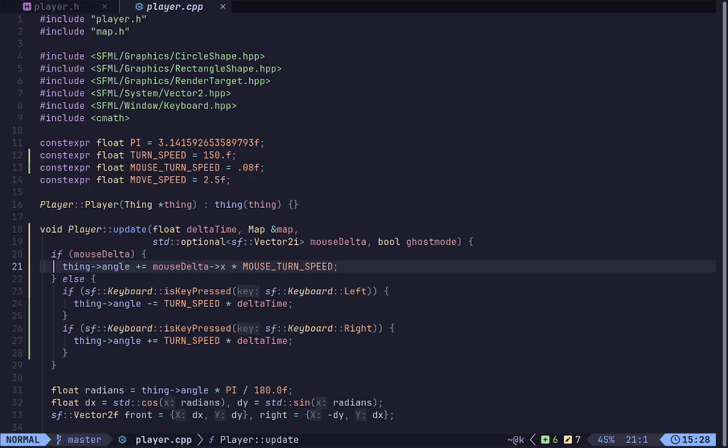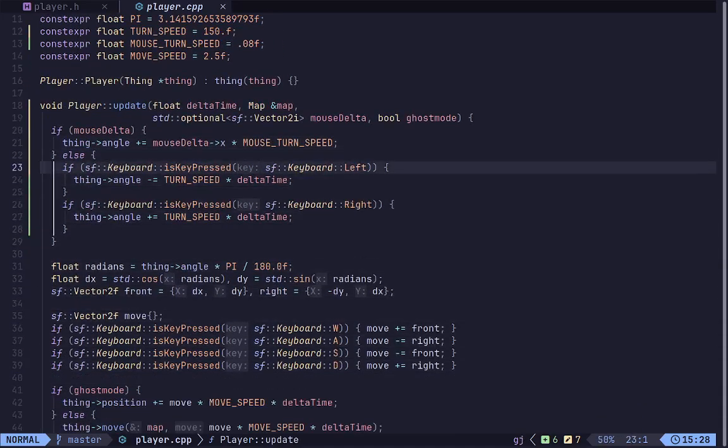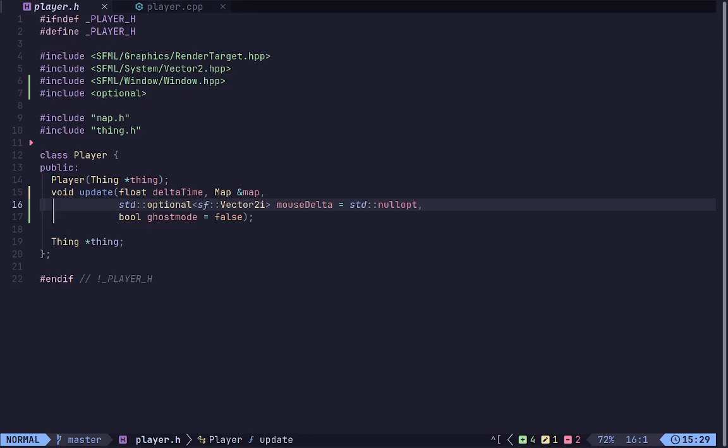So anyways, if this has a value, then we just go ahead and get the mouse delta x, and we only use the x of course because we only have the rotation on one axis, we can't look up or down. We multiply that by our mouse turn speed and add that to the player's angle. Otherwise, all we do is get our keyboard keys pressed, and everything like we were doing with our keyboard control. So if this mouse delta is not present, then we just use the keyboard control. So as you can see, the player just moves depending on the mouse delta that we receive in an argument,